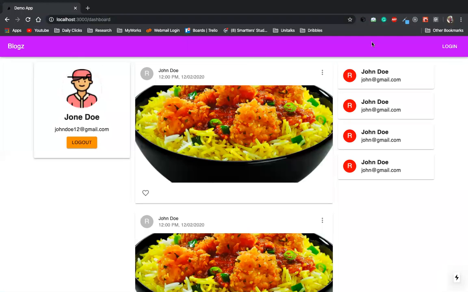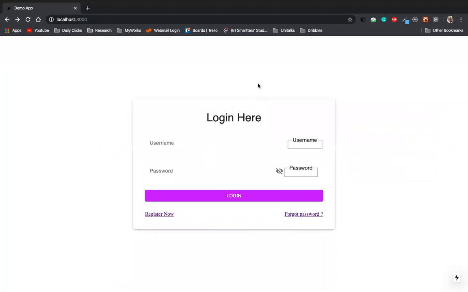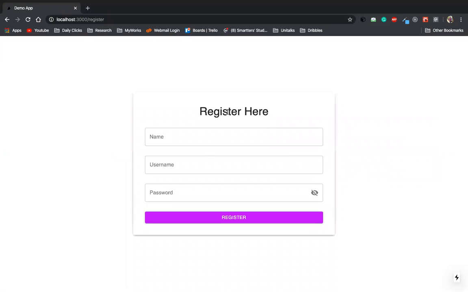So see, we have applied a color here, and our secondary color is converted to orange, and the background is not white now. It's a little grayish color. So when you go to login, inside the register page, see the background is here.